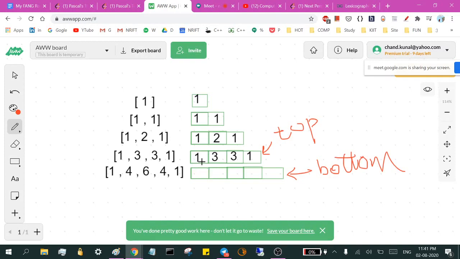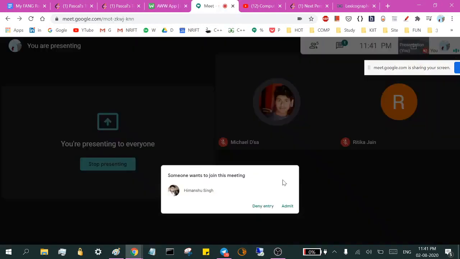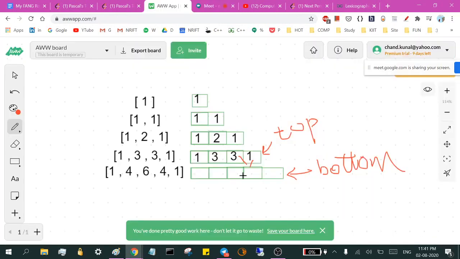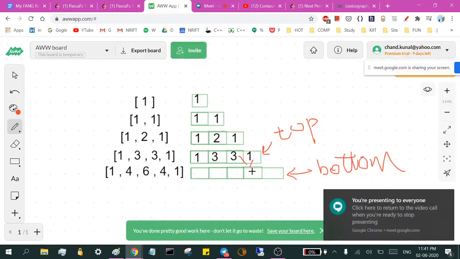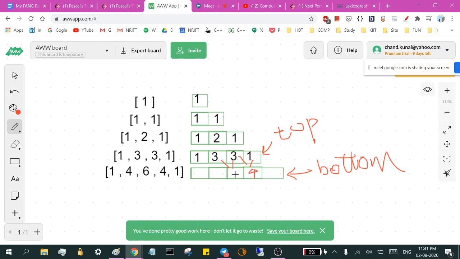So how will we generate it? We will add 3 and 1 to achieve the 4, then we will store it over here. Then we will add 3 and 3 for the resulting number 6. And we'll be adding 1 and 3 for the resulting number 4. And then we'll simply copy 1 and add an additional 1 over here. So the entire process was basically